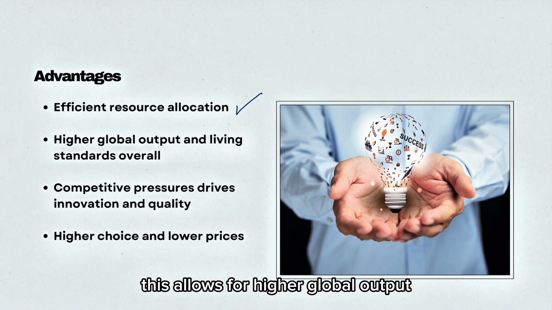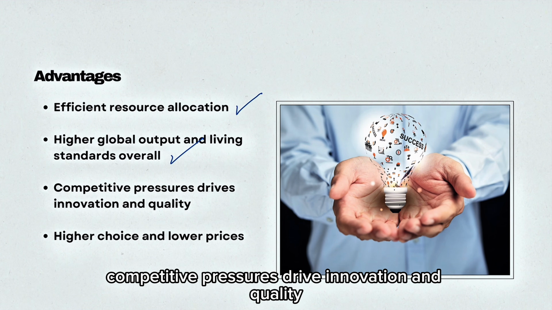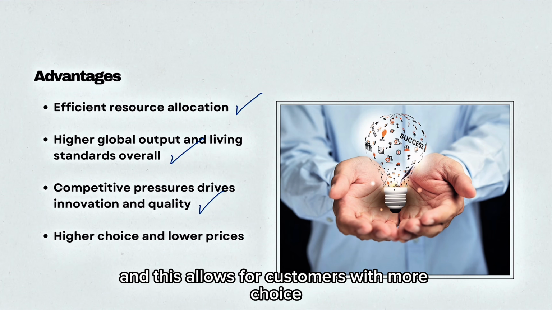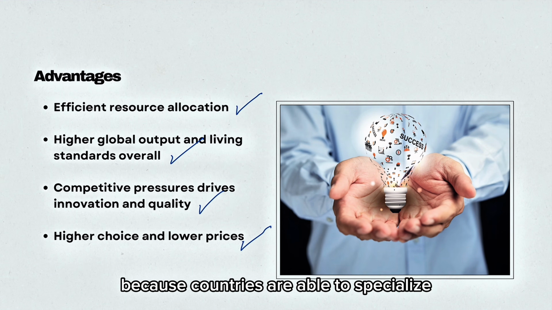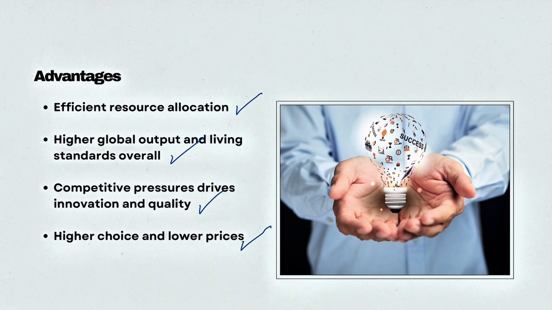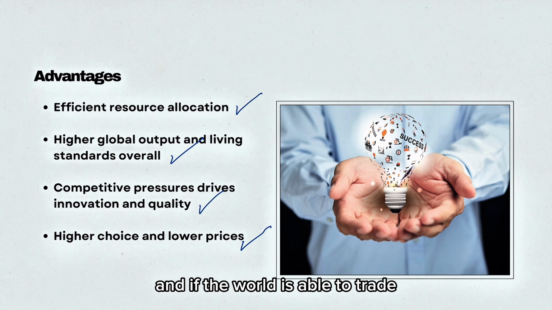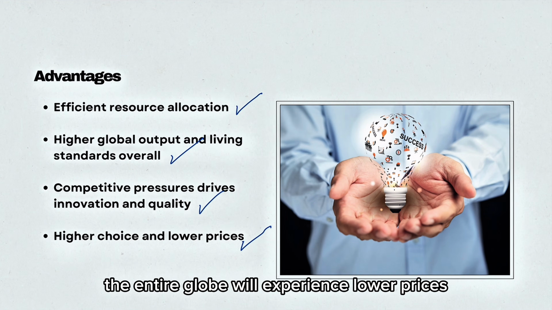This allows for higher global output and living standards overall. Competitive pressures drive innovation and quality. And this allows for customers with more choice and lower prices globally. And this is all possible because countries are able to specialize in what they are good at. This will drive down price and increase quality. And if the world is able to trade freely with each other, the entire globe will experience lower prices and